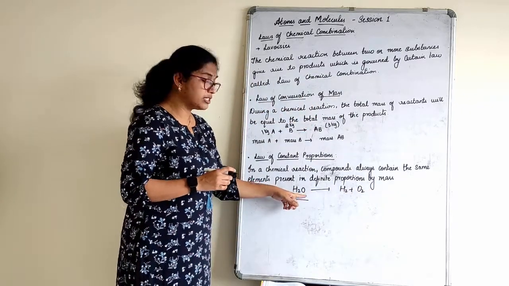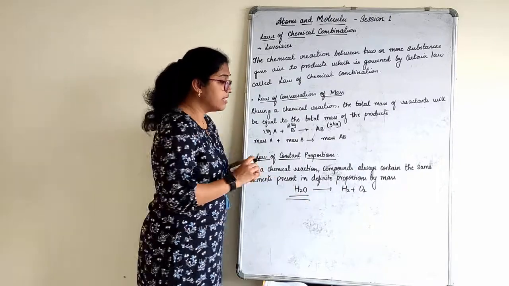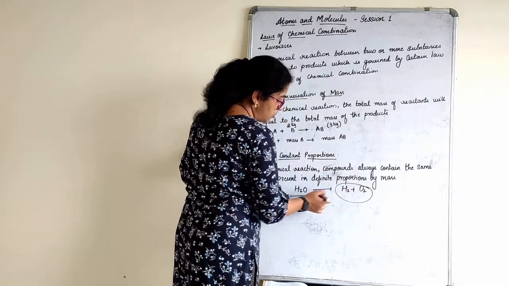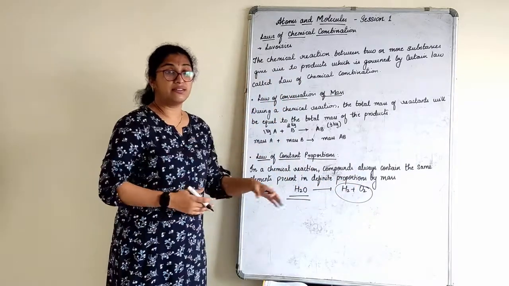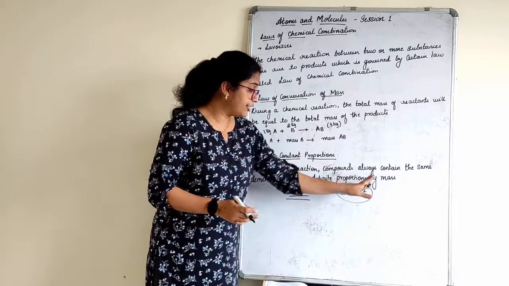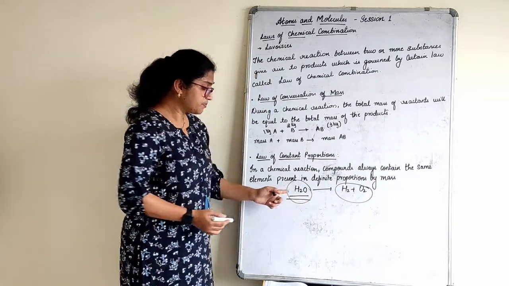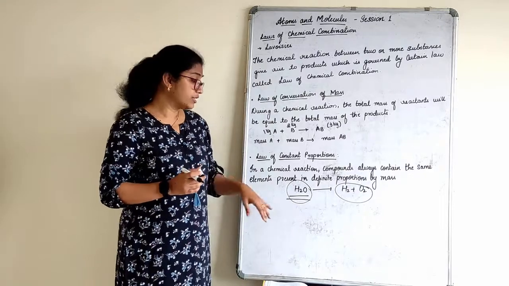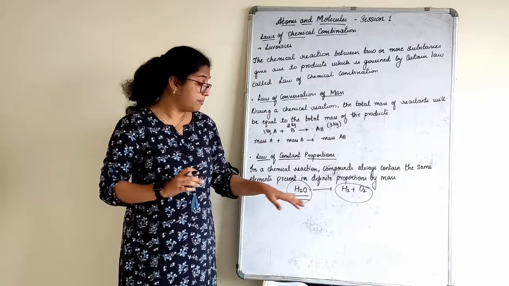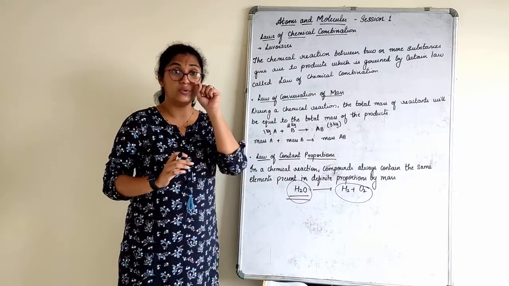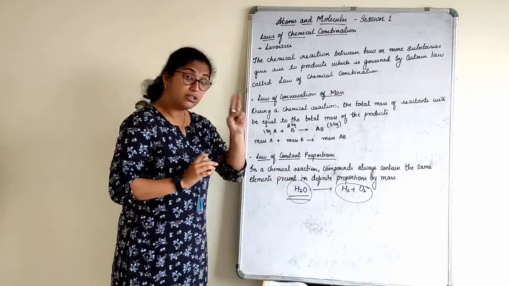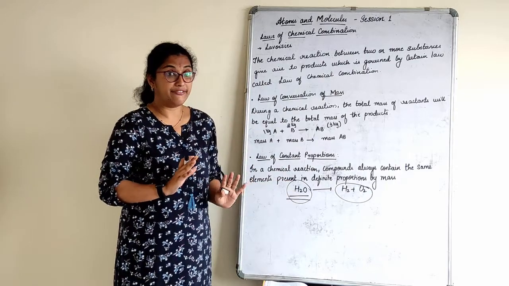But why is 2 not written here? Why have I written it directly like this? Writing chemical formulas, children, how to frame them, you will understand further in this chapter. So let's not break our head on this. Let's only see this part. This is water. In water, how many atoms of oxygen are present? There is only one atom of oxygen. Here I have 2 atoms of hydrogen, right?